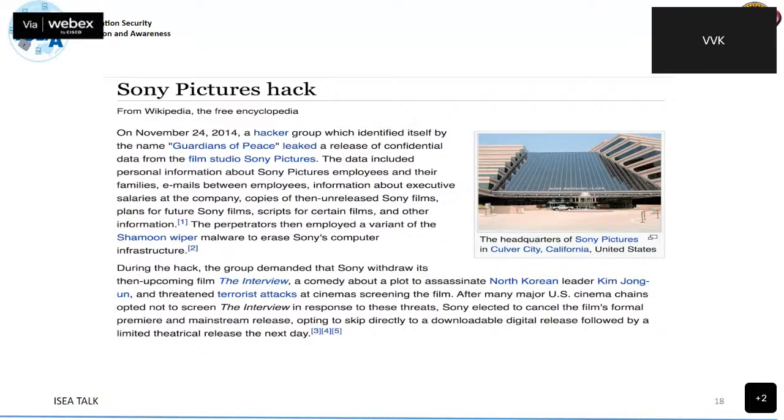Not just stealing all this information, they went beyond that. What did they do? They employed a variant of a malware to erase the whole data in their systems. Why was this done? It was about stopping the release of a movie called The Interview. So the consequences: Sony elected to cancel the film's formal premiere and mainstream release, and followed by a digital release.